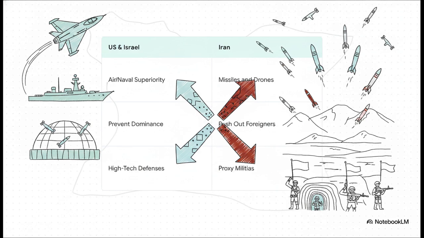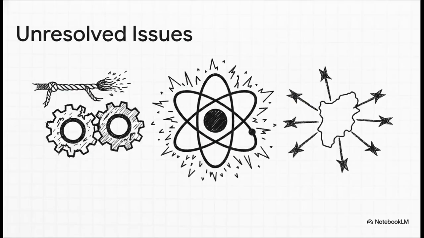Because these are two incredibly different ways of fighting, pulling off a traditional, quick military victory is almost impossible for either side. Plus, the underlying issues are still totally unresolved. The Iranian nuclear program, the very thing that sparked those preemptive strikes, is still the central point of contention. And since neither side can easily overpower the other, both have locked into deliberate strategies of economic and military attrition. They're essentially just trying to exhaust the enemy's resources over time. As a result, the conflict has violently spilled over its original borders, expanding via allied militias into Iraq, Syria, Yemen, and heavily impacting the Red Sea.